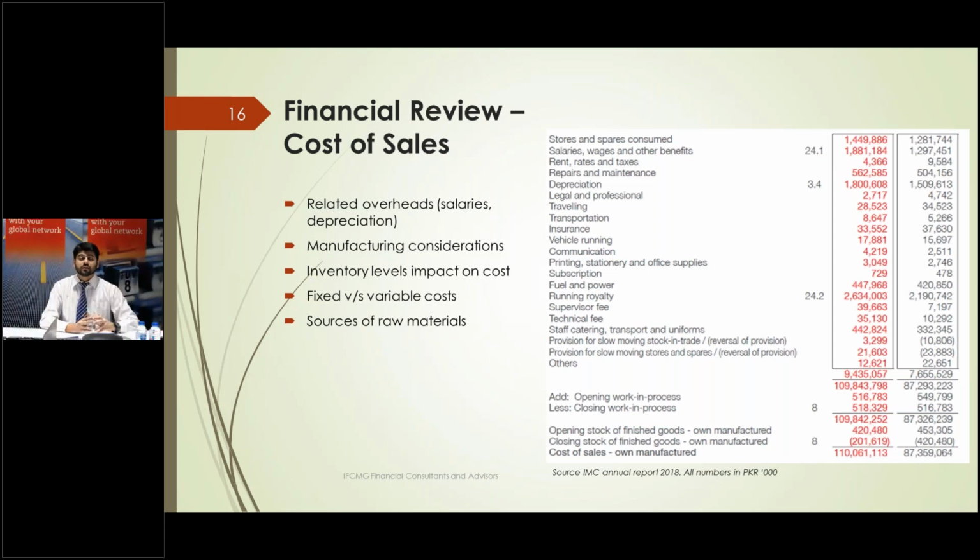However, if the source of raw material is local, as is the case in a number of their spare parts, like for example, a very famous example for Toyota and Honda is Lloyd's Limited, which manufactures silencers and mufflers for both of these companies. So that is locally manufactured. So Toyota then has a lower lead time, and they need to hold lesser stock of locally sourced materials as compared to imported materials.